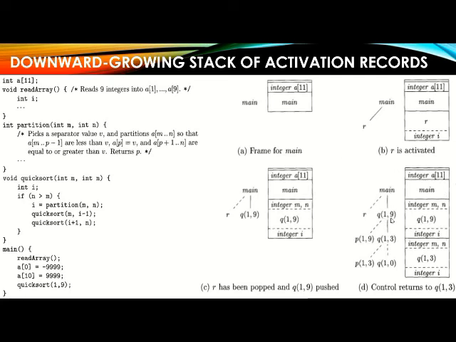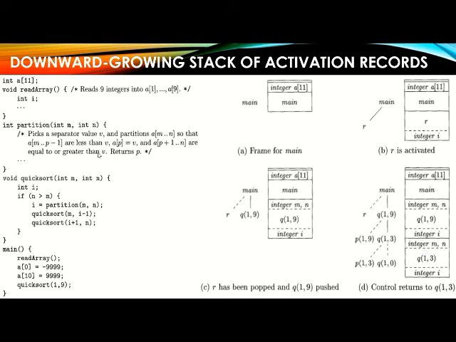Initially we are passing the values 1, 9. After that it calculates the mid value and performs the sorting on the left side. That entire thing's activation record is this one. Initially it starts with int a[11] and the main function, then starts the quicksort function with m, n values and passes the arguments as 1, 9, and we declare some integer i, and then we check that particular condition. After that we invoke the partition function. Within this partition function we again declare the integers m, n, so this is the space for those integer values.